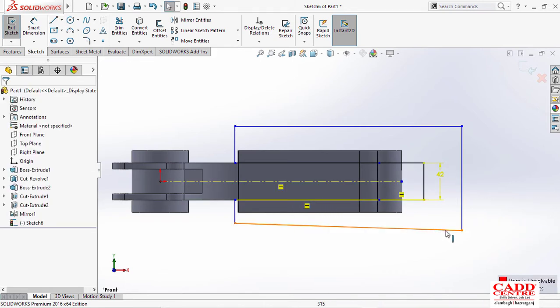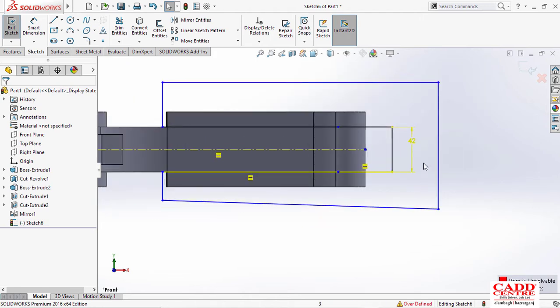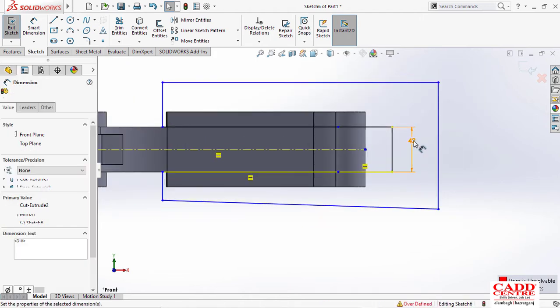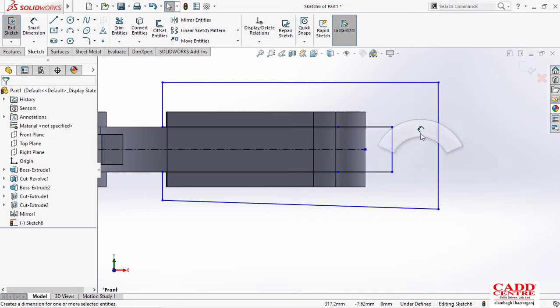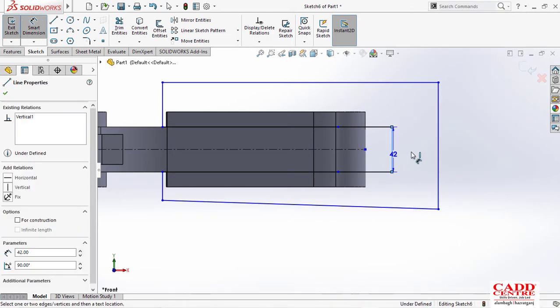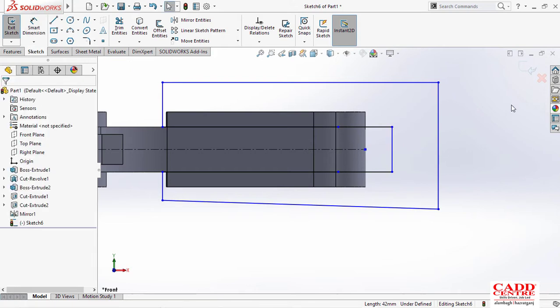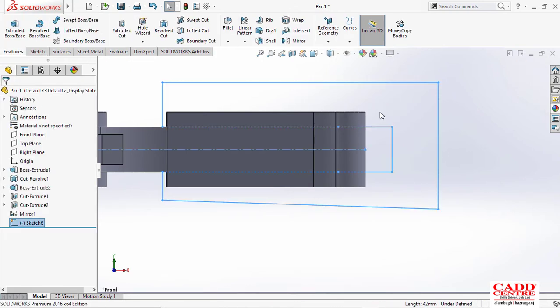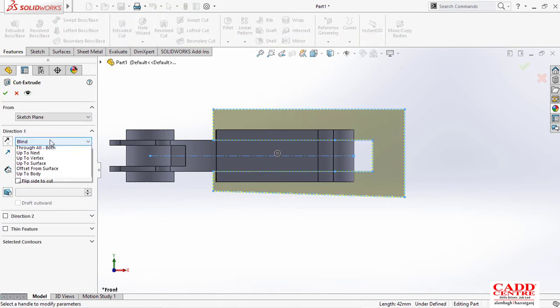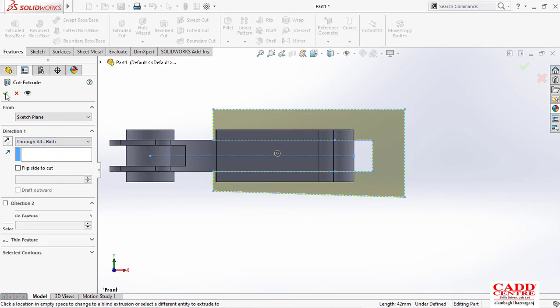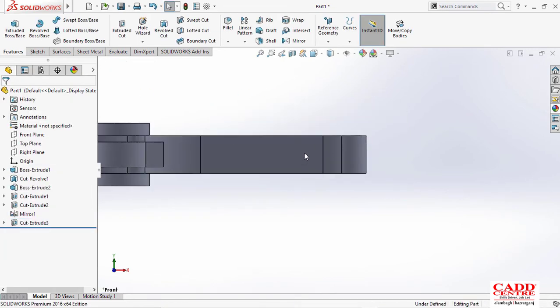Okay, so one second, I just have to delete this one, because it's only symmetry, so it's already 42. Just extrude cut that region. So I'll provide the extrude cut, and the extrude cut will be through all both, so that both sides will be cut, and we will remain with the side which will be needed.